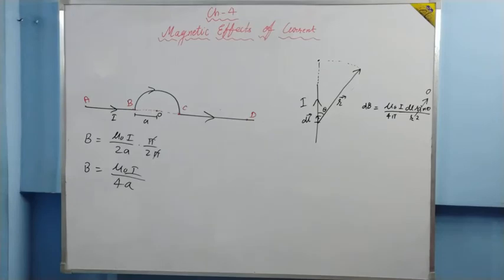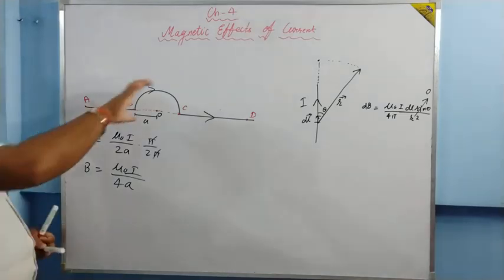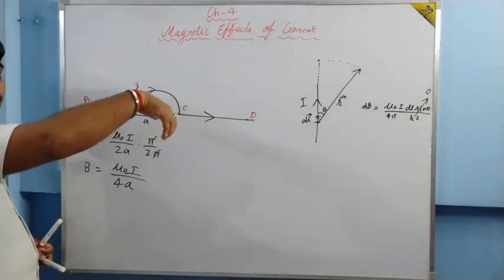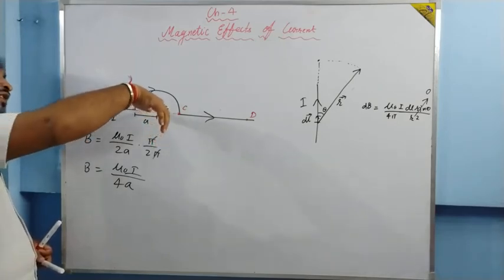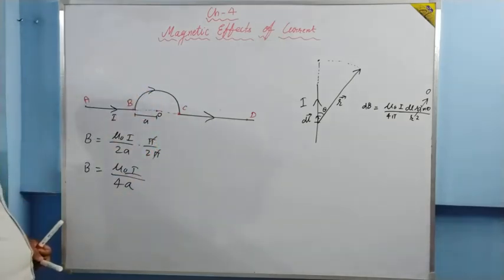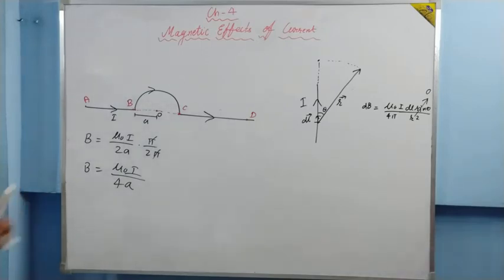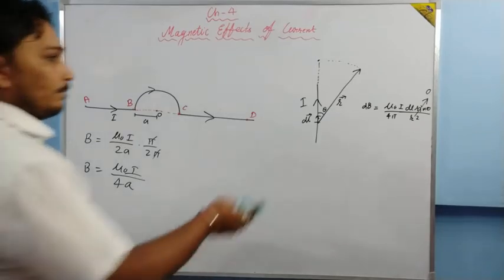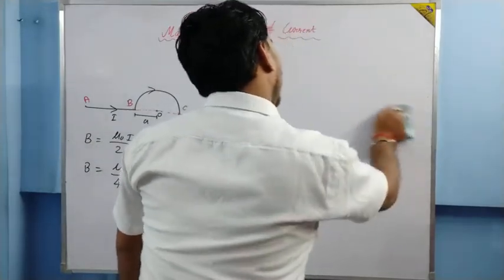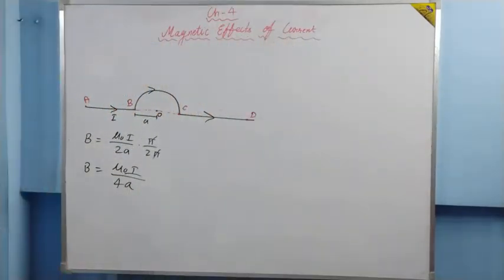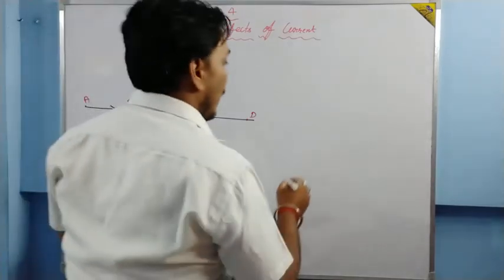What will be the direction of magnetic field? Just curl your finger along the wire, the thumb extended is perpendicular inward. So basically magnetic field is inward. Okay, magnetic field is inward. Is it clear? This is how this question is being solved. Let us do one more. Then after tomorrow we'll move to another topic.